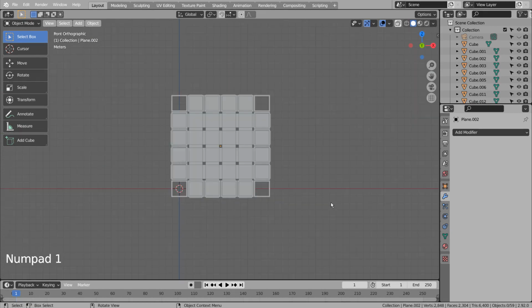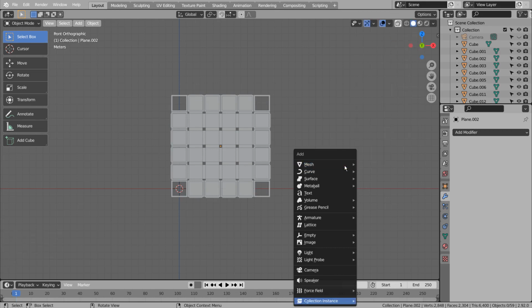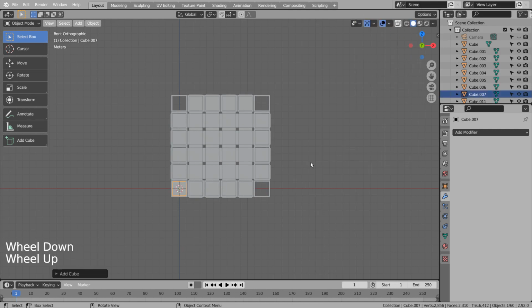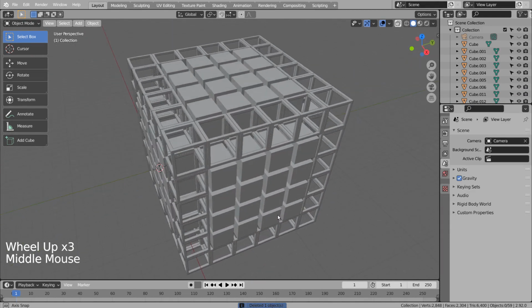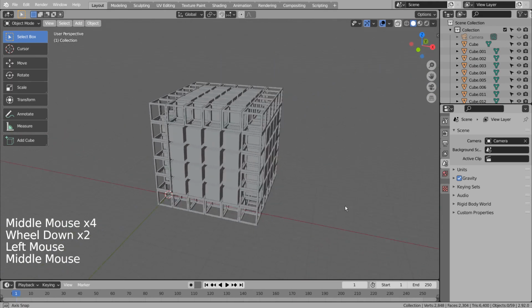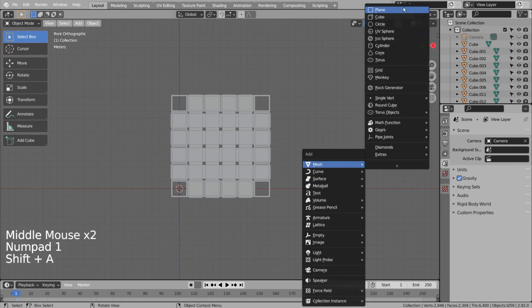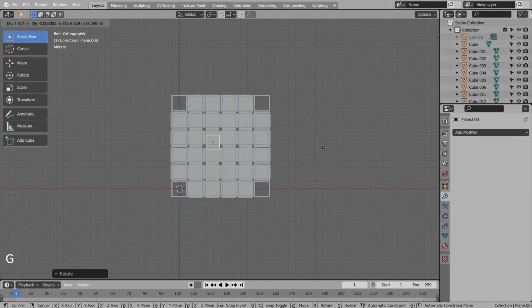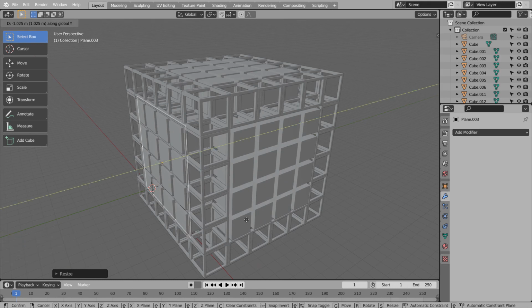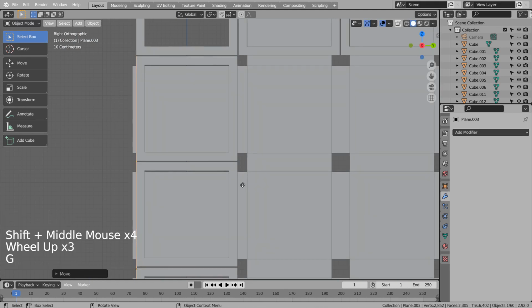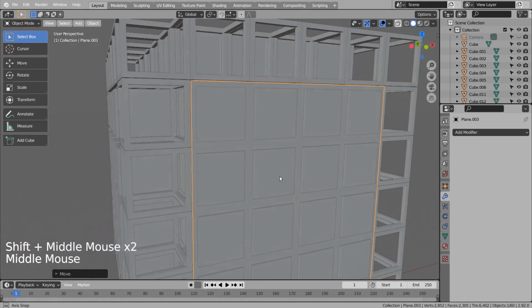Let's use one more cube to fill in. Let's duplicate the planes.